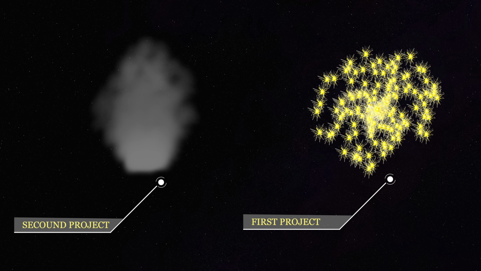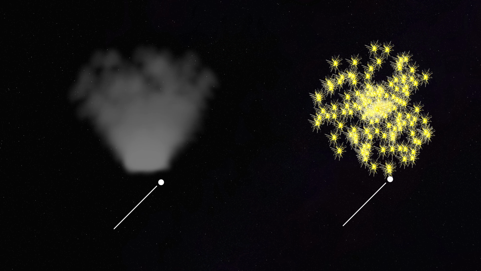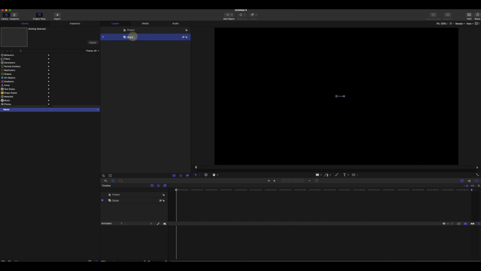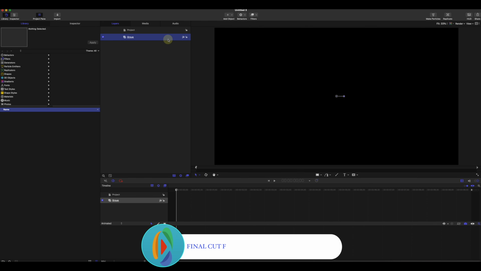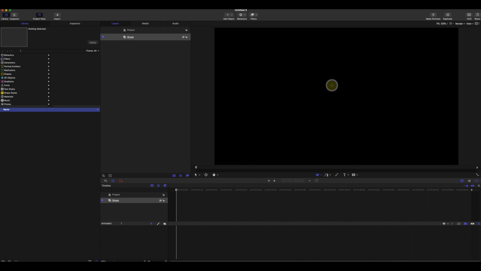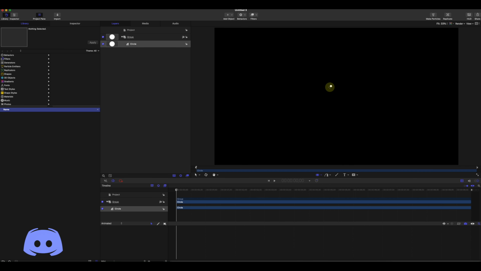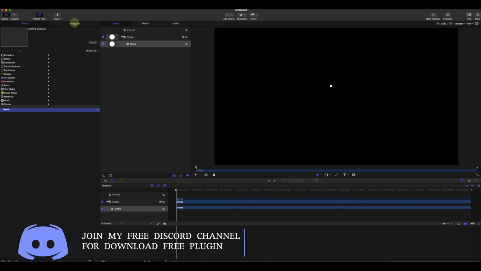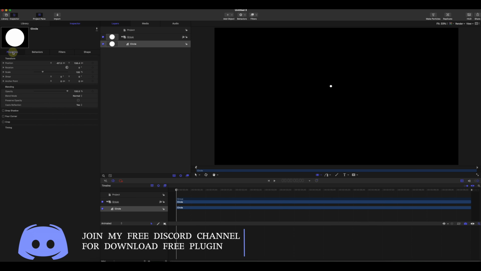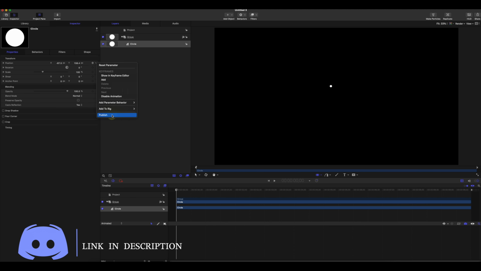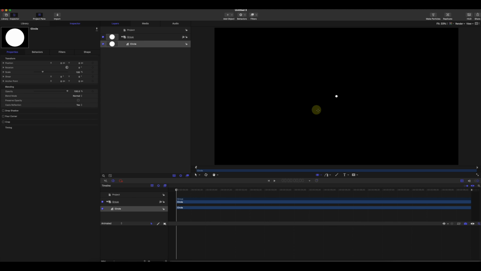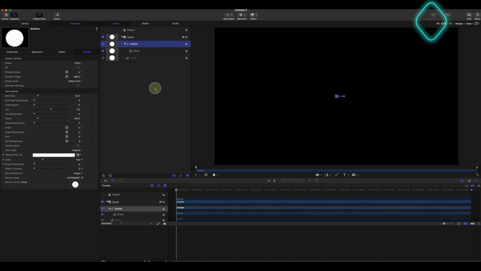The emitter versus the replicator, we're going to understand the difference between them. I just want to go in and make one group. Just use a title, but you can choose whatever you like, generator or motion. Then I'll drag in one circle, a really small, tiny circle. I'm going to go to the inspector and properties, reset the parameters, and go to the center dot. When you are going for the particle emitter, make a particle. As you can see here,